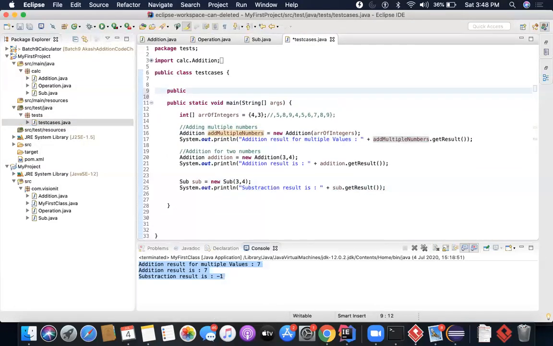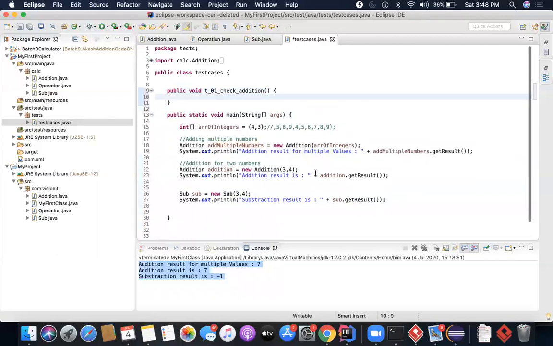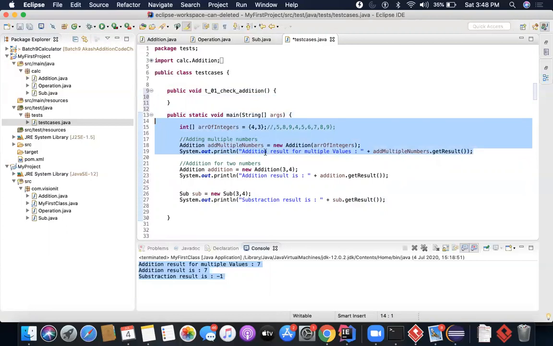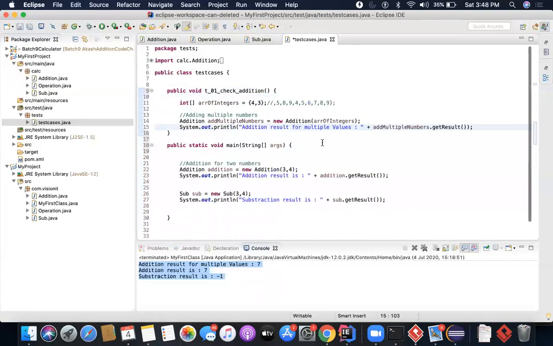You will write public void run, test01, check addition, and then you're going to move this addition functionality from here to here.